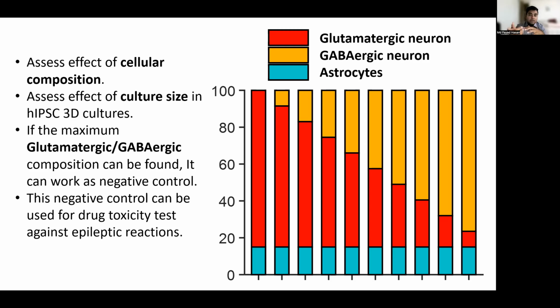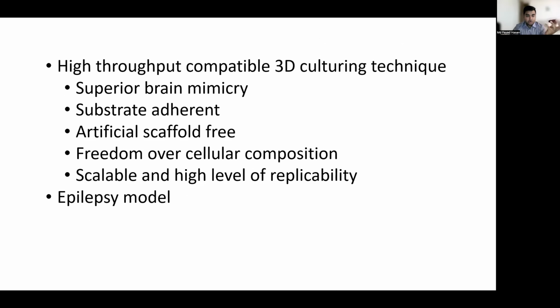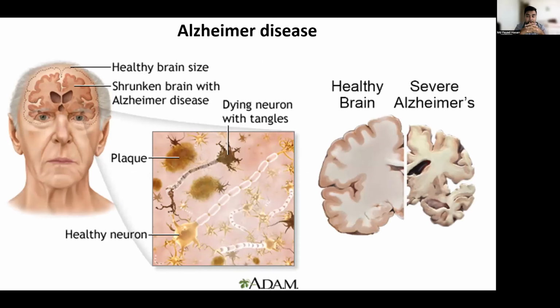Right now I am working with a Stanford professor, Dr. LaRocca, to make a model of juvenile epilepsy. He has lots of juvenile epilepsy patients who don't have any cure, and these kids are really not in good shape. So we're trying to make epileptic drugs for them. After epilepsy, we're thinking of going more into these cultures and using them more. Because of that, we started working with Alzheimer's disease, and that was my journey at Mayo.